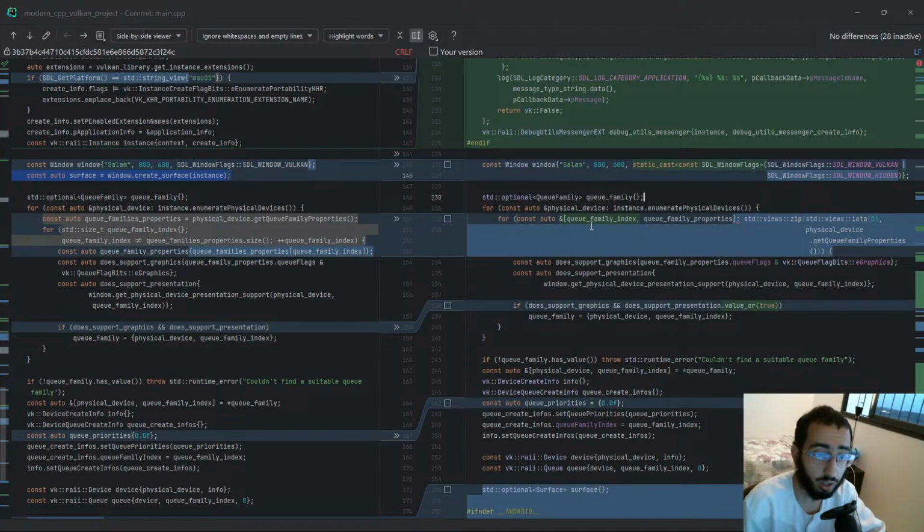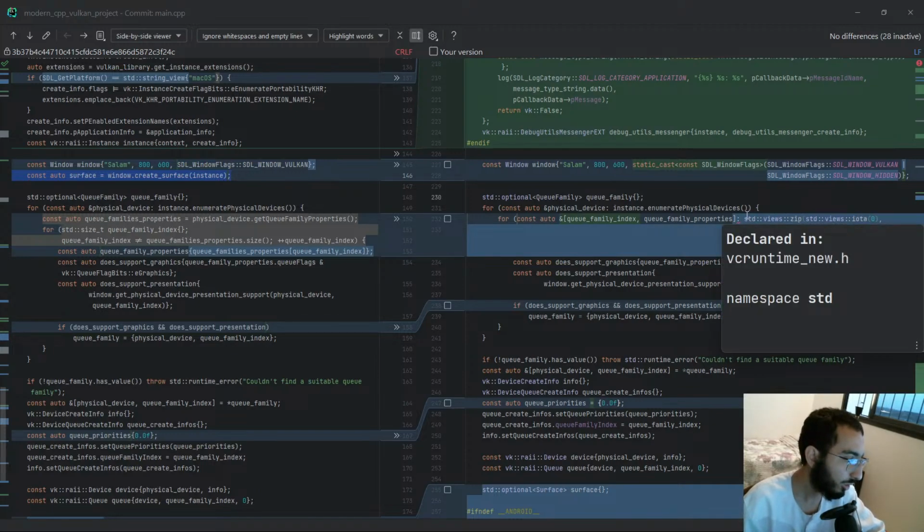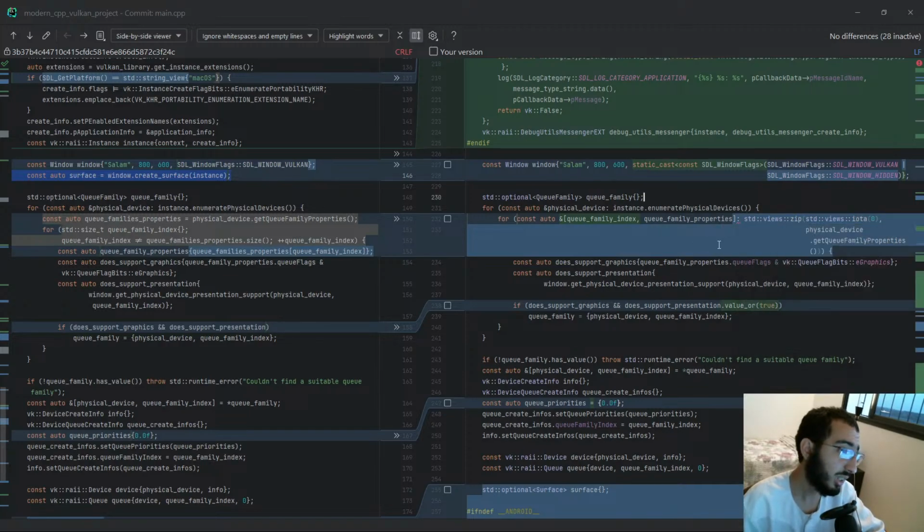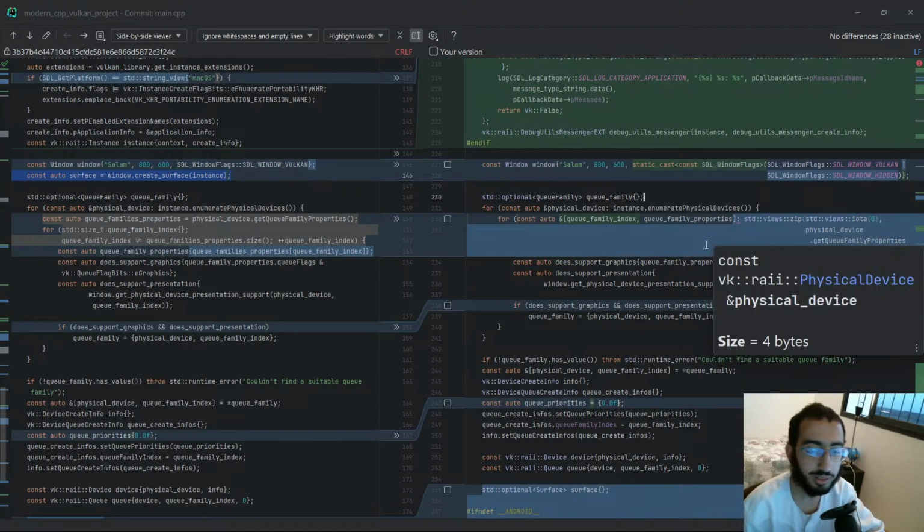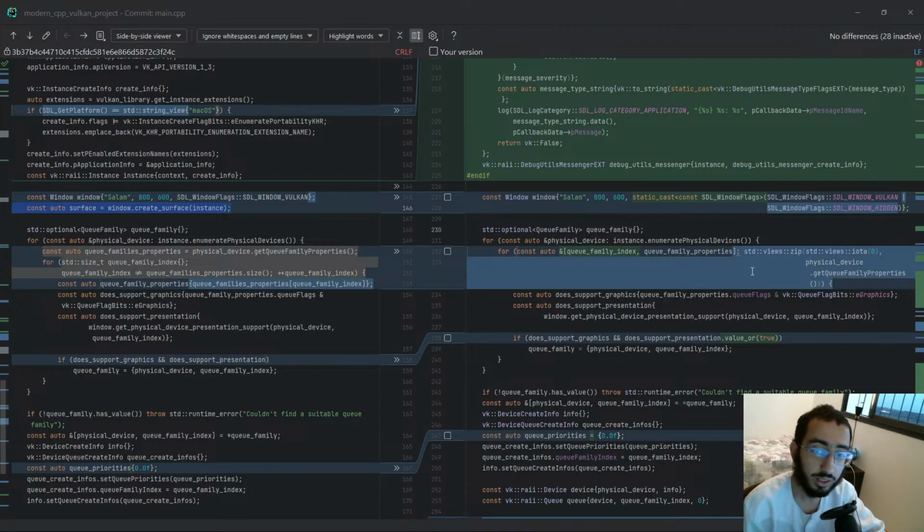So yeah, here const auto key family index, blah blah blah, std views. So basically here what I'm doing is equivalent to enumerate in Rust and Python or whatever. And in fact, there is a new function coming into C++23, which is an enumerate view, which does exactly this. You just say std views enumerate, and then you pass in whatever, and it would just do the job. But sadly, it's not implemented yet in MSVC, so I had to use an alternative, which is zip. So I used zip, and then I used iota, and zip takes two iterators, or should I say views,